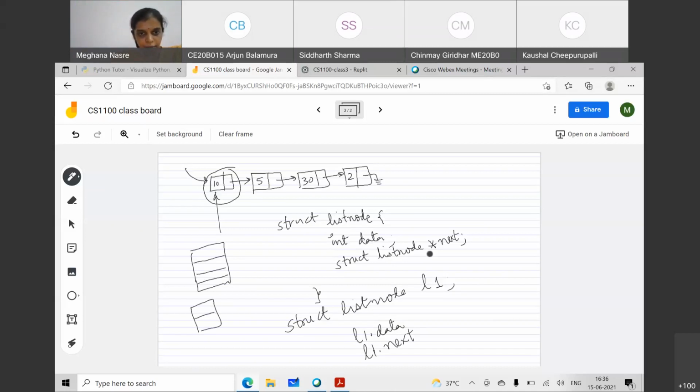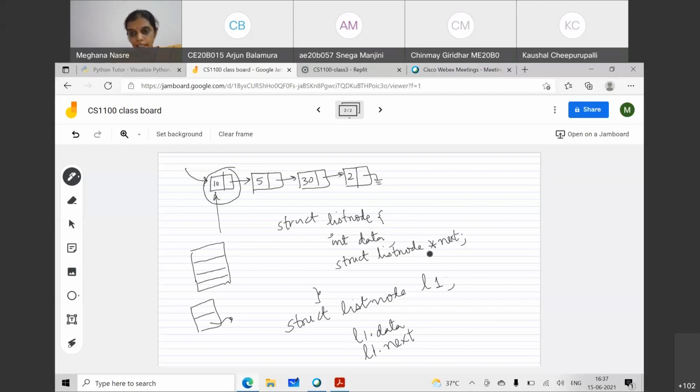One is an integer, the second is a pointer. Till here, nobody will have any confusion. This pointer could have been a pointer to anything. If it were an integer pointer, whatever memory cell it points to, you will interpret as an integer.